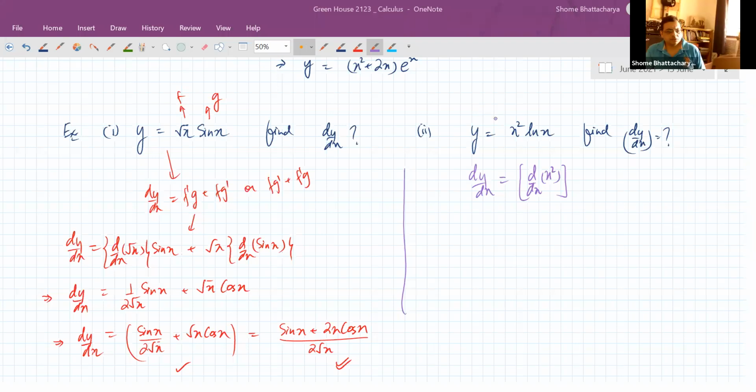Okay, so let's get back to this. So differentiation of x square into the second function ln x, plus x square multiplied with